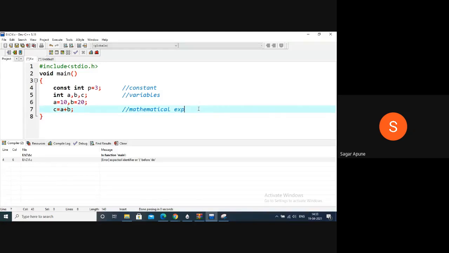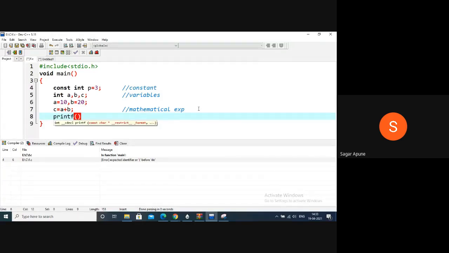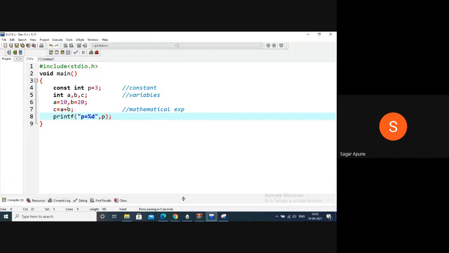Okay, now print values of all variables, printf. So here I use quotation, p is equal to %d, right? Then comma p. So here you can print the values of all the variables by simply copying this code.